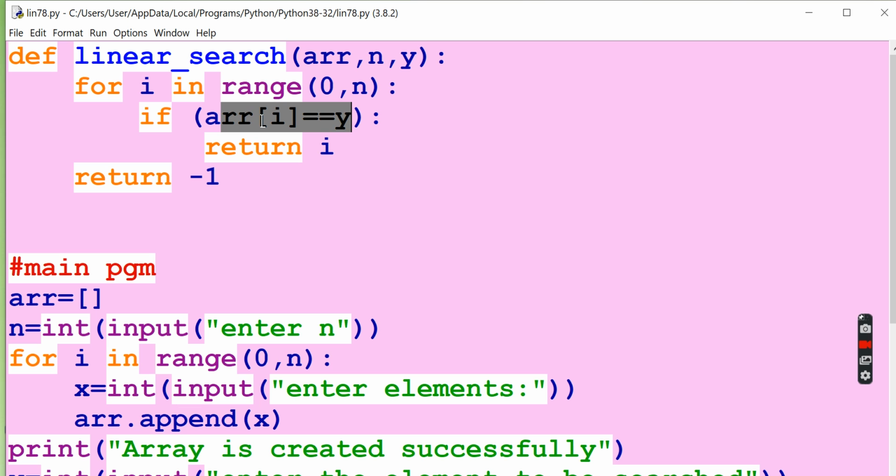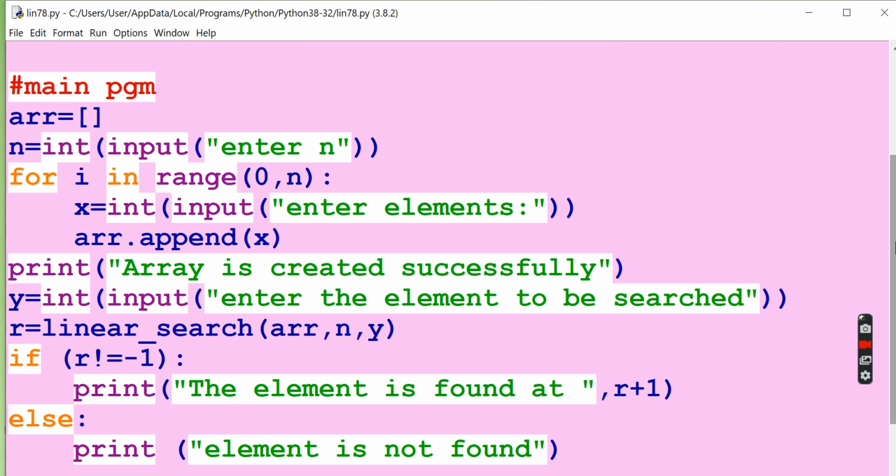If the array of I is equivalent to y, immediately it will return I to the calling line in the main program. The calling line is here.